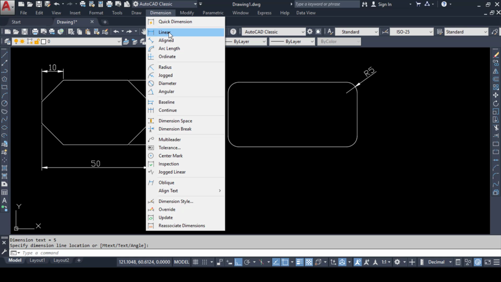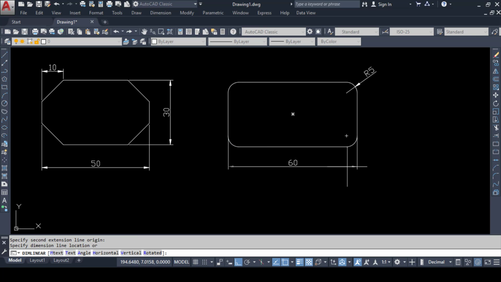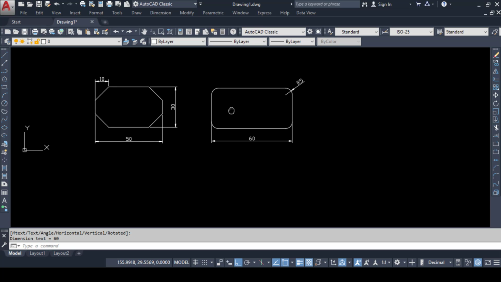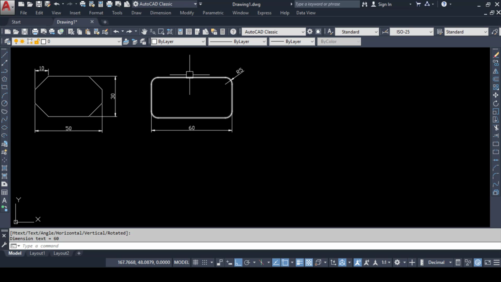And if I check the overall dimension in this case, it will be 50, 60, 50. So this is the method of making a rectangle with the help of the fillet method. Now in the next method, I also want to increase the thickness of the width of the rectangle. For that I will press REC, and again I will press enter.